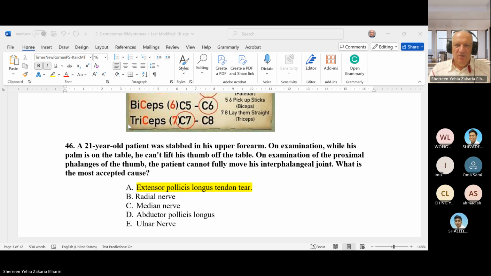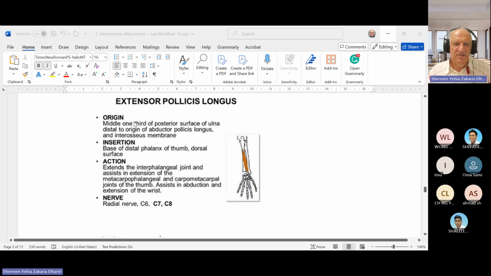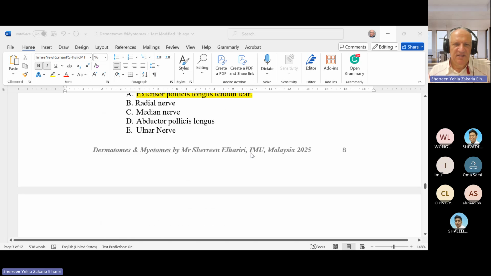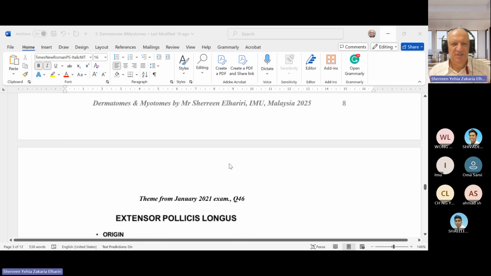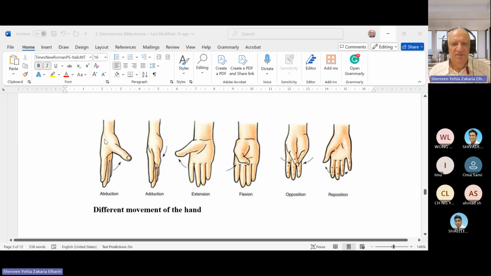We will show the movement of the thumb later. So again, this movement is extensor, and he asked on examination. While the palm is on the table, he can't lift the thumb off, which means the extensor is affected. So the answer here is extensor pollicis longus tendon tear. Of course, extensor pollicis longus tear can affect the extension,